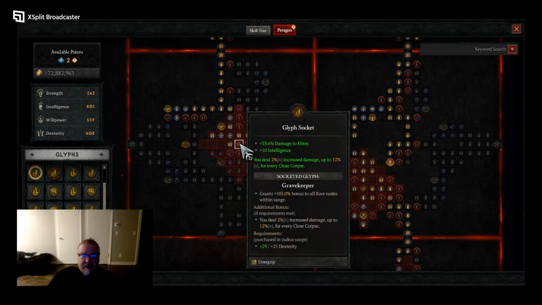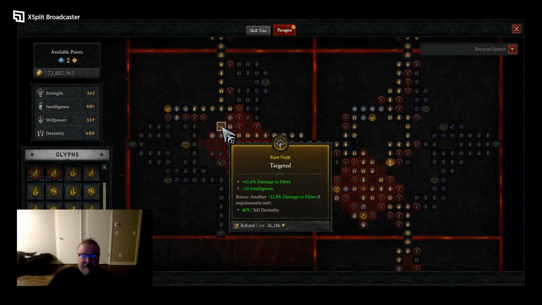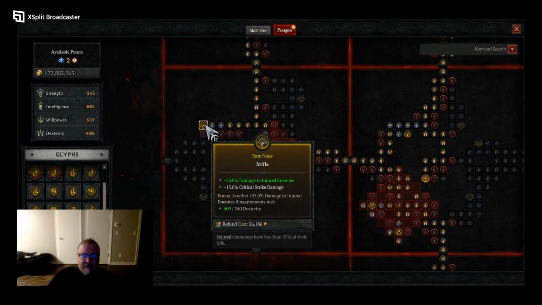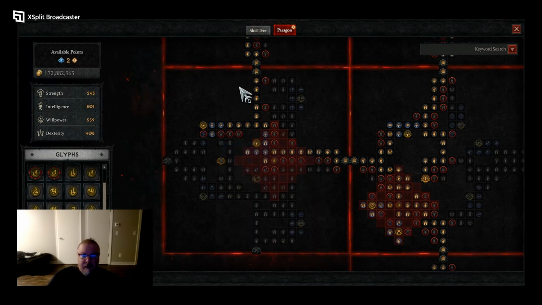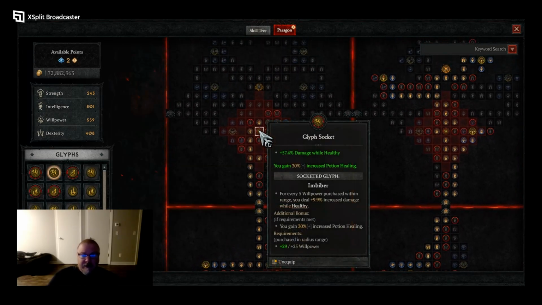Your first stop is going to be the Glyph Socket, and you're going to want to take Gravekeeper. Then you are going to take Targeted. You're going to take all the nodes for Targeted. Then you're going to pick up Stifle, but you want to leave the damage to injured enemies nodes alone for Stifle. Then you're going to work your way up, and you're going to take the Glyph Socket for Imbiber,